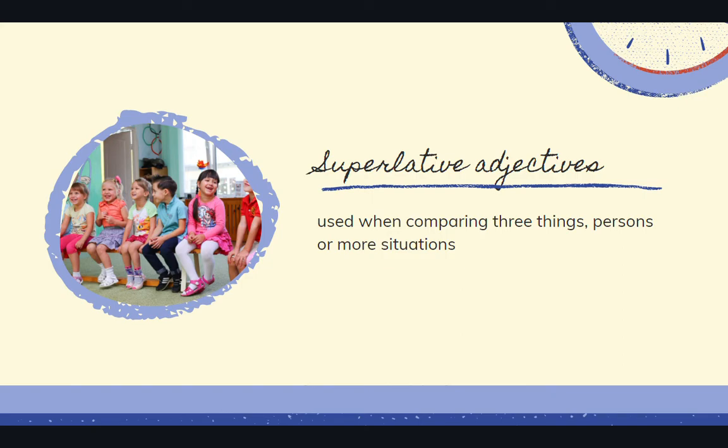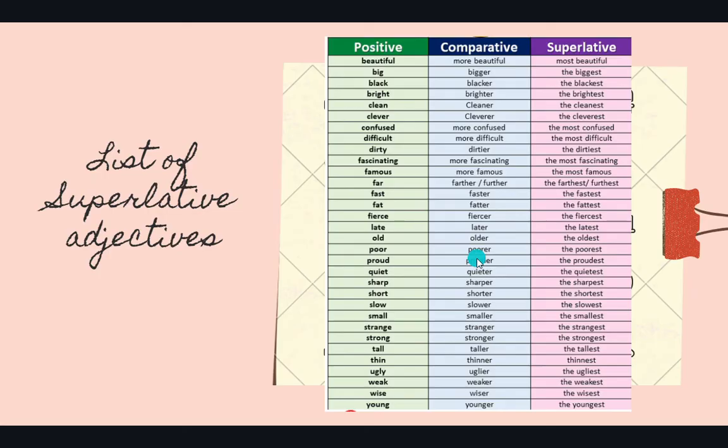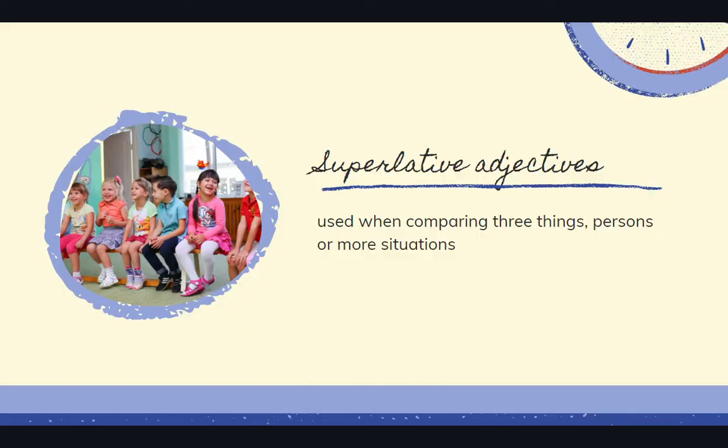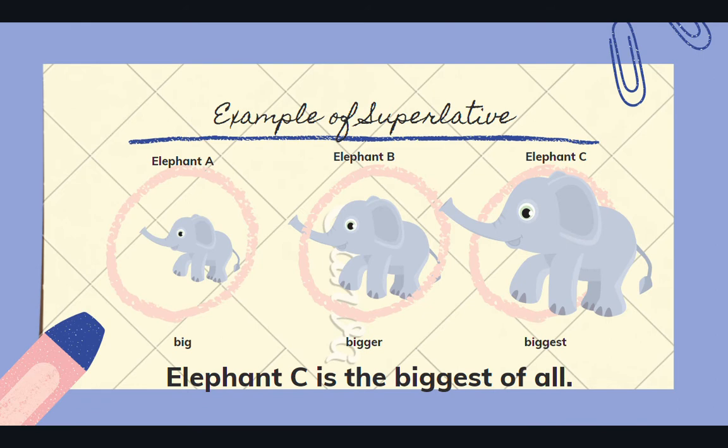Things, person or situation. Perbandingan 3 atau lebih. Kalau 2, kita gunakan comparative. Kalau lebih daripada 3, kita gunakan superlative adjective. Okay. Let's look into the examples. Yuk kita lihat